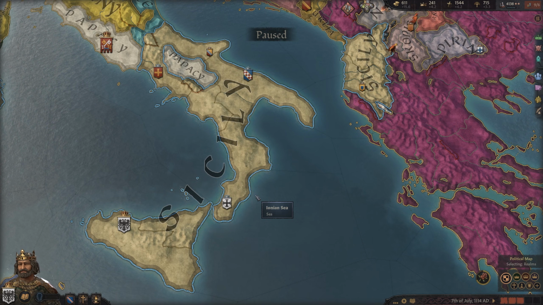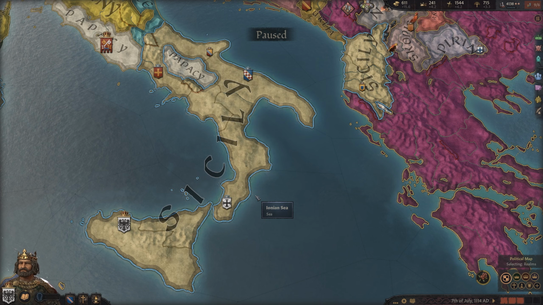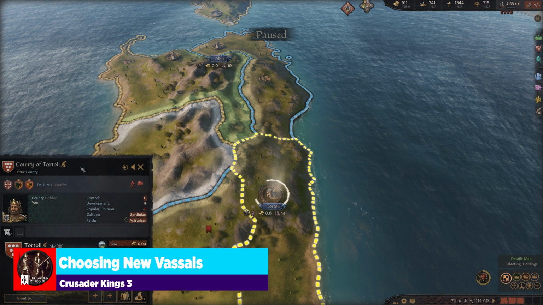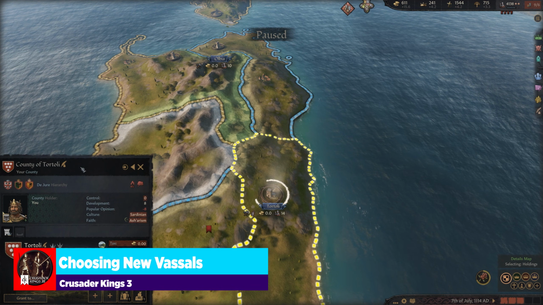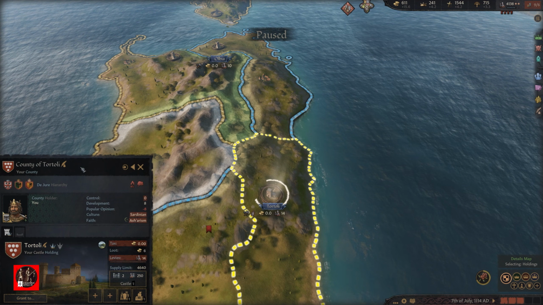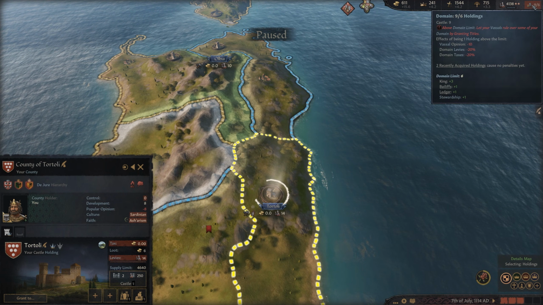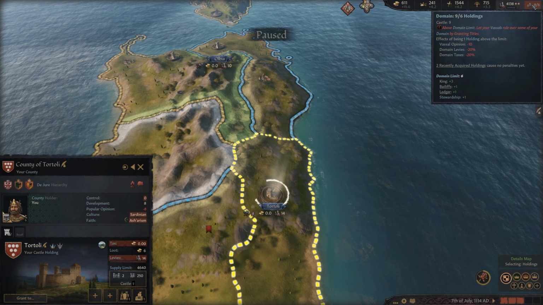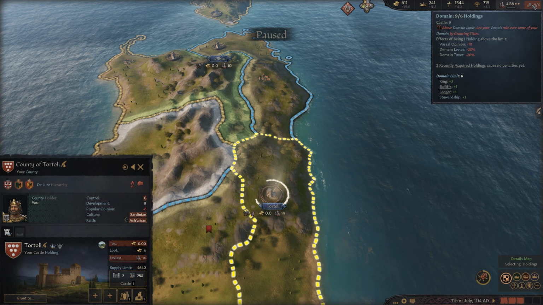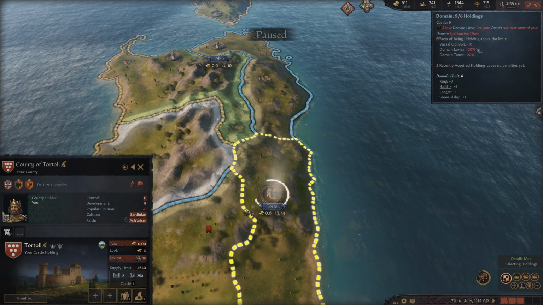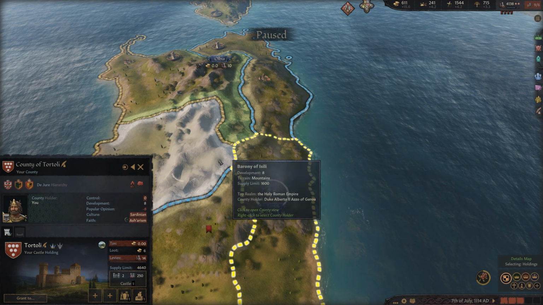So now we've talked about increasing the vassal opinion of your current vassals. Let's talk about how to appoint new vassals, when you would do that, and what some good traits are. So probably one of the most asked things is how do you go about even choosing and putting a new vassal into place. So right now you can see that I am at 9 of 6 total holdings. This is loaded in right after the patch. If I unpause, the domain levies and taxes will jump up to 100%. So if you see that, it's just because I haven't unpaused yet and this is a brand new patch in place.